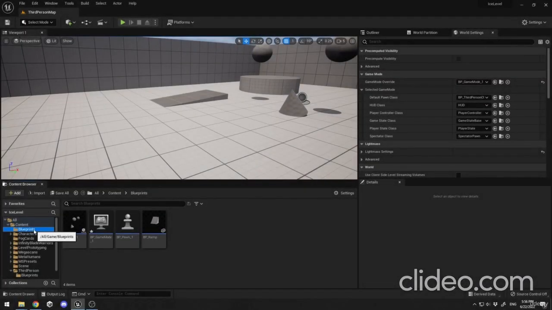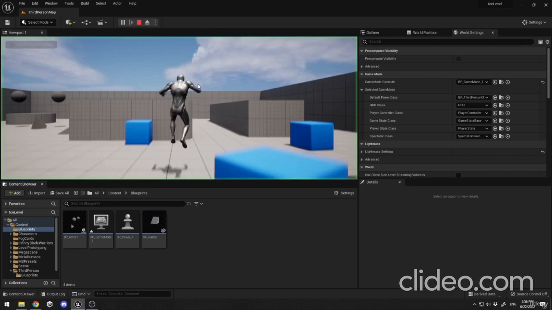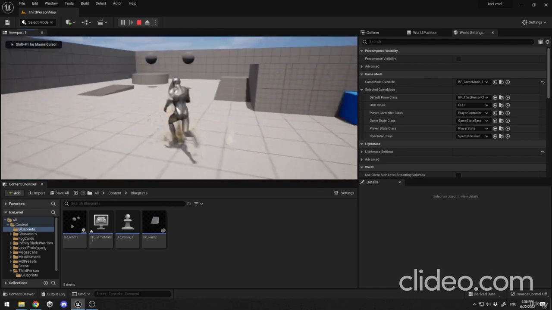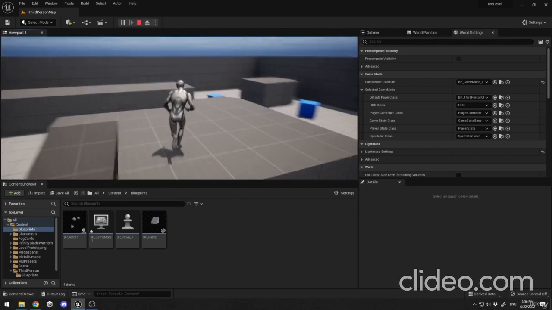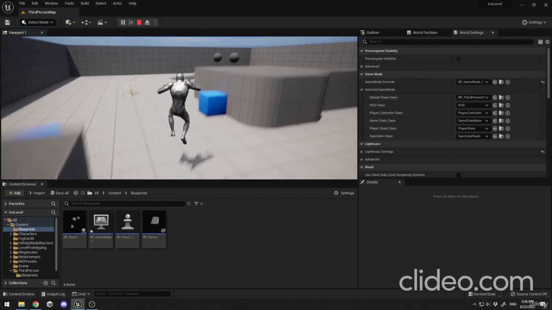Hello everybody. So in the previous video we talked about the pawn. Now I'm gonna cover the character, which is a little bit more sophisticated pawn. So the character inherits the pawn and adds new abilities to it. So how can we access the default character controller? This is one created by Epic Games, and I'm gonna use it in order to show you all the elements